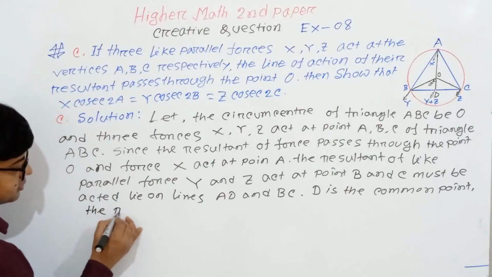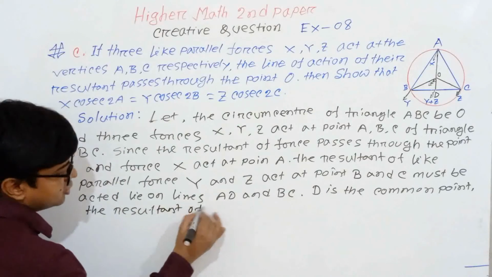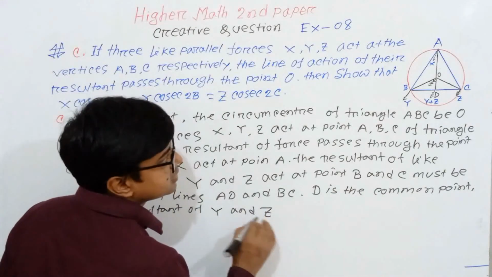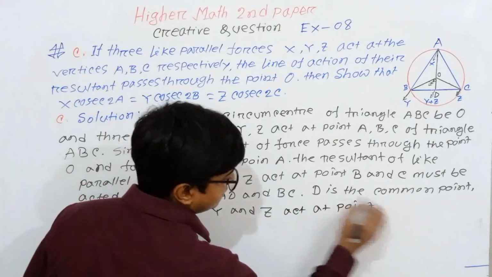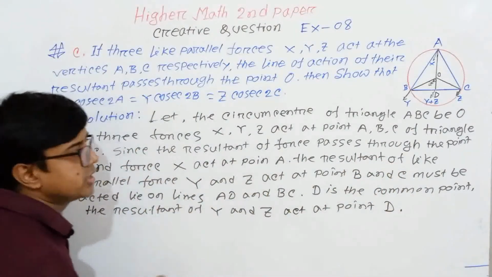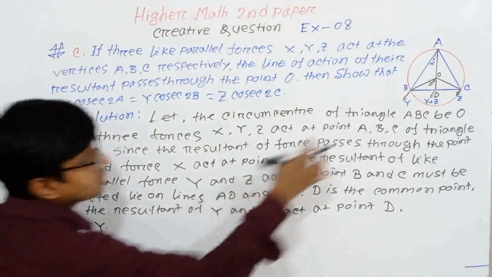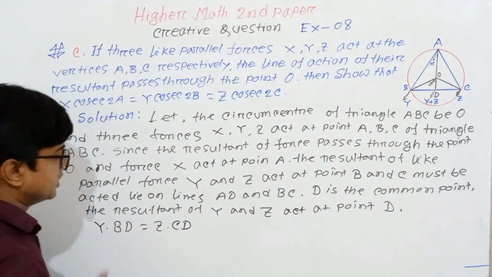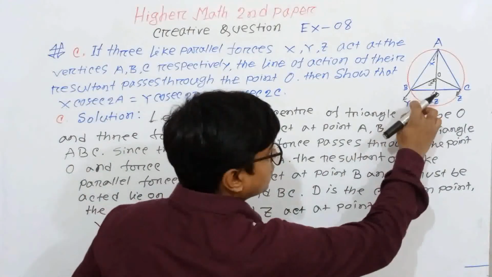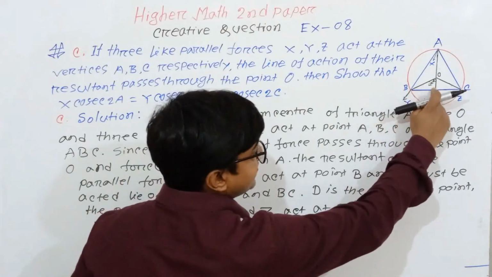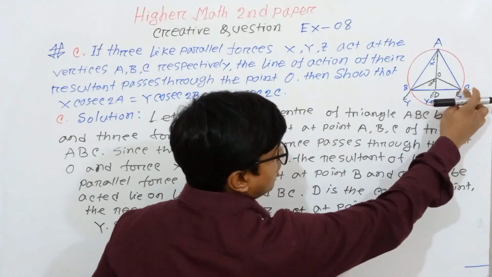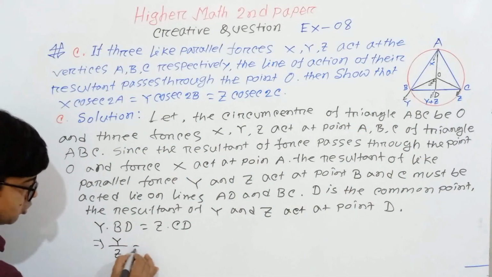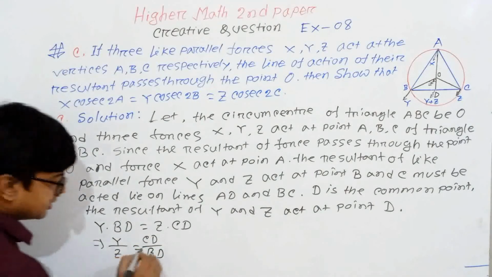The resultant of Y and Z acts at point D. That's why we can write here Y into BD equals to Z into CD. Look at this. Here force Y into distance of B and D equals to force Z into distance of C to D must be equal. So we can write here Y by Z equals to CD by BD, and here we can write, look